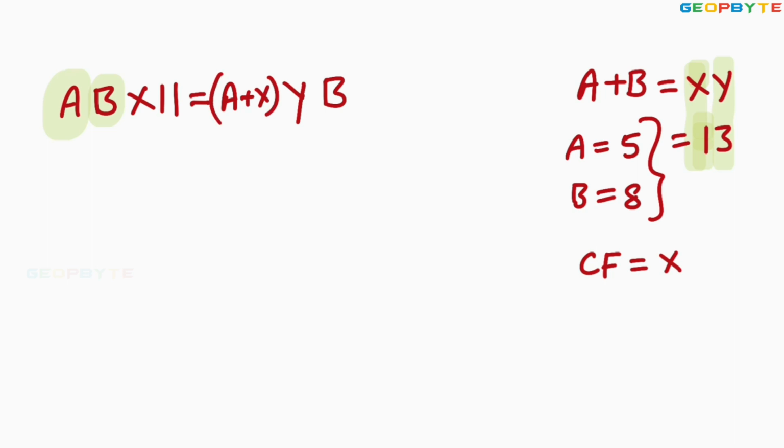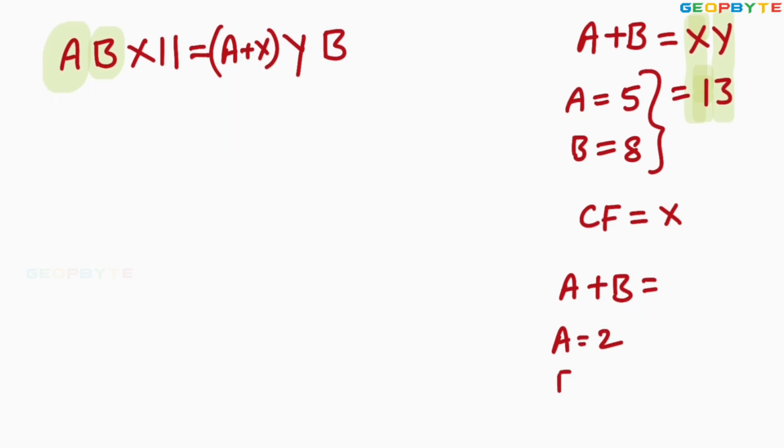You got the answer. For example, in the A plus B term, if A equals 2 and B equals 5, A plus B equals 7, but write it in terms of two digits, 0, 7. In this case, this is the X and this is the Y. You write that Y here and this X is coming under carry forward. You add that carry forward X to A for getting the third digit, that is A plus X. I hope you clearly got my point.